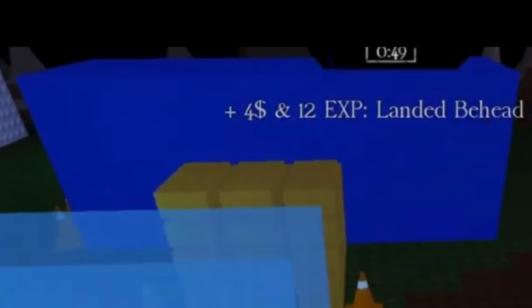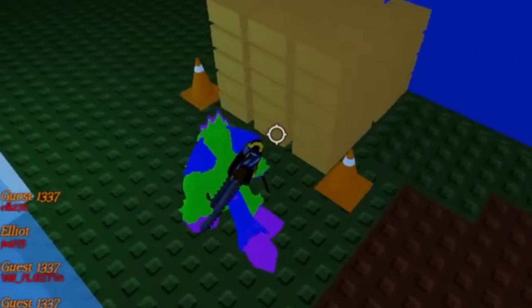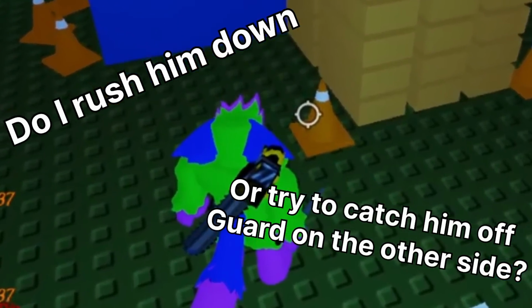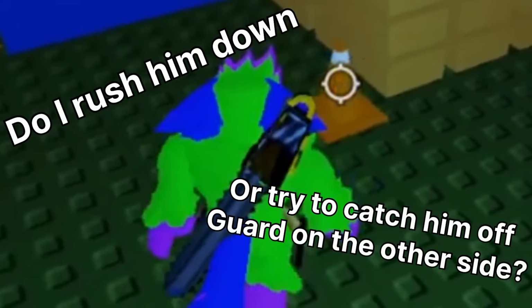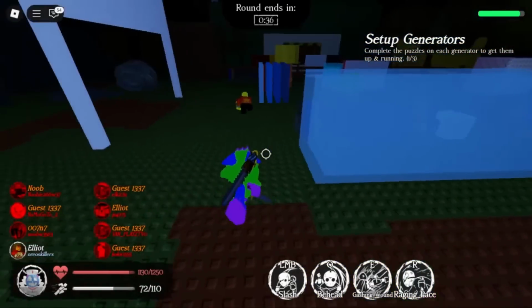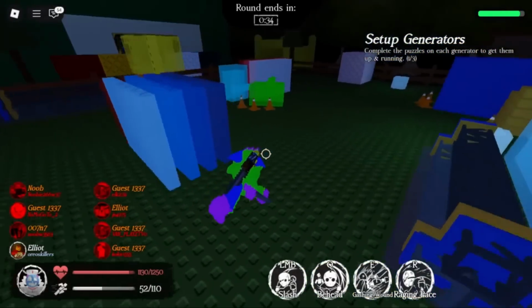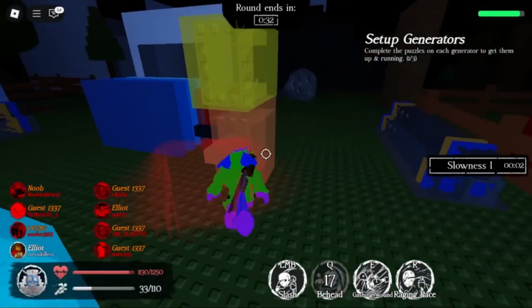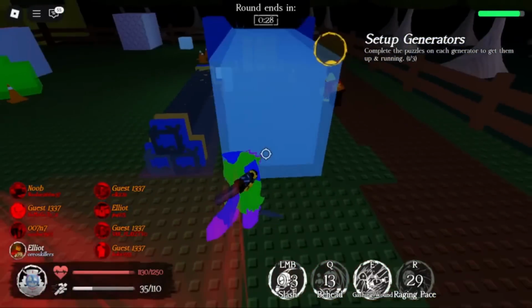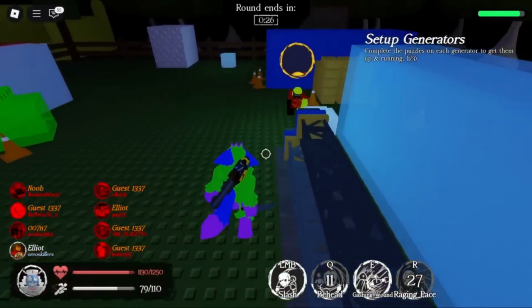I'm on the other side, the survivor is behind that wall with 2 exits. Now, I'm sitting here thinking, do I rush him now or bait him to the other exit and catch him slipping? I decided to rush him down from this side and chase him. After some time, I tried to catch him off guard with my Behead. I miss, and I chase him again. I miss again, activate my Raging Pace to hopefully land a lunge,